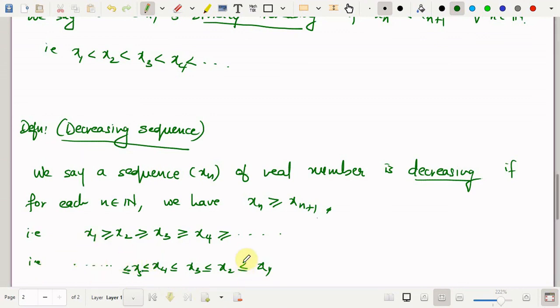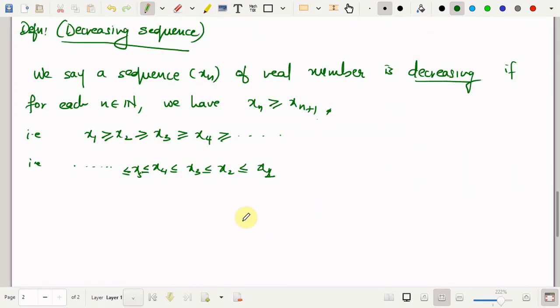So every term of the sequence would be definitely less than or equal to x1. The first term in this case serves as the upper bound of this given sequence. So such sequences are always bounded above by the first term of the sequence,